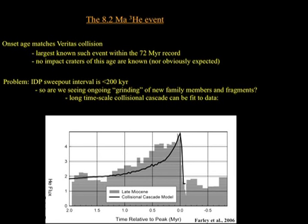In fact, David Nesvorny believes that a substantial fraction of the dust accumulating to the Earth today, maybe as much as 40%, is actually still derived from this collision. In any case, the question is, why is the dust still being produced? It's not a spike. So I worked with Bill Bottke and David Nesvorny to model this in terms of a